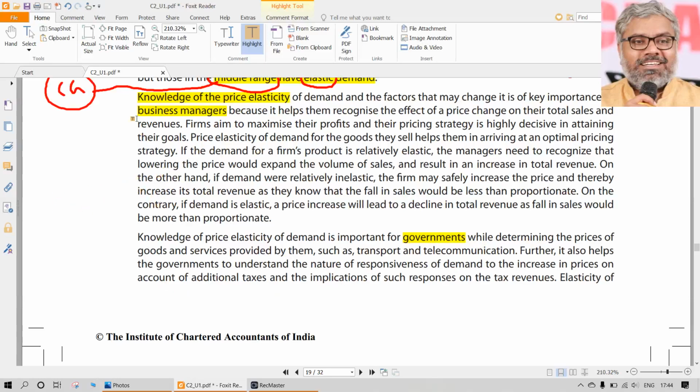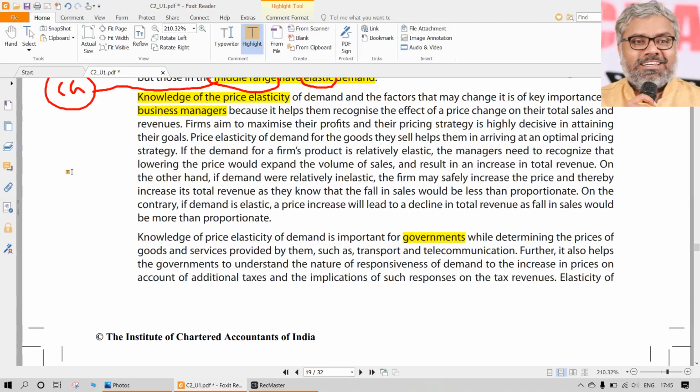And the business houses will understand what the impact of price is on the quantity demanded. They should understand, because if they don't, they will make wrong pricing decisions. Imagine if a firm's product has a high price elasticity, and that business owner or manager changes that product's price drastically, then their business will collapse. That is going to be a dangerous thing. So they have to understand the nature of the product, which category of the above it is falling into.